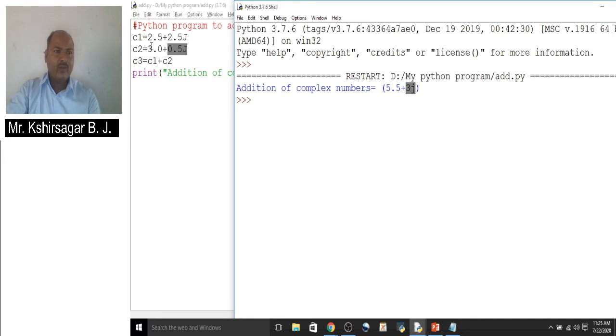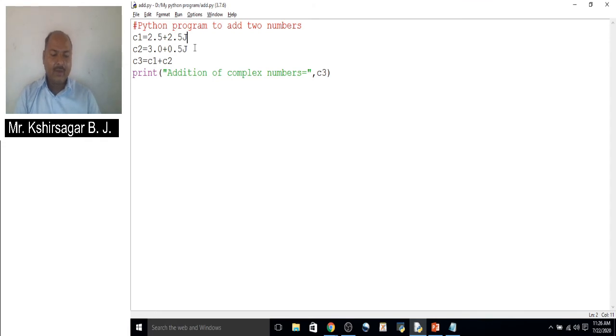And 2.5 plus 3.0, it becomes 5.5. So here we get the output as 5.5 plus 3j. This is the way you can use complex numbers in our program.